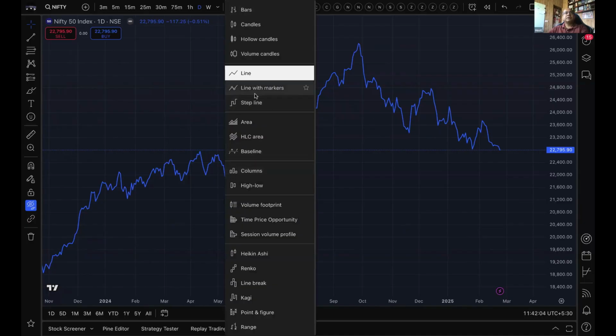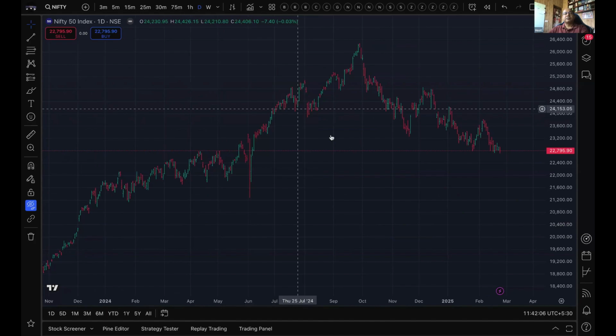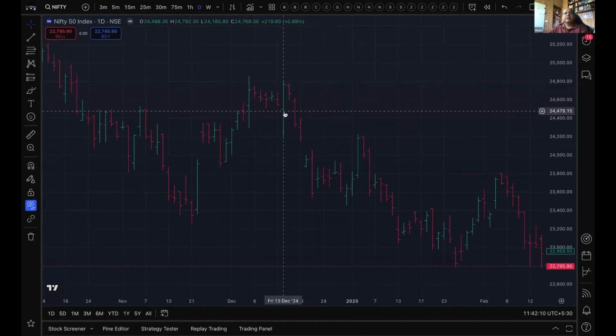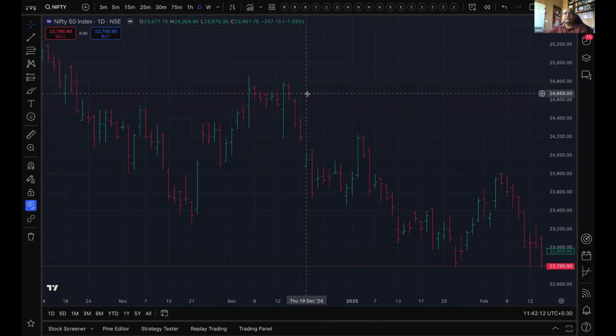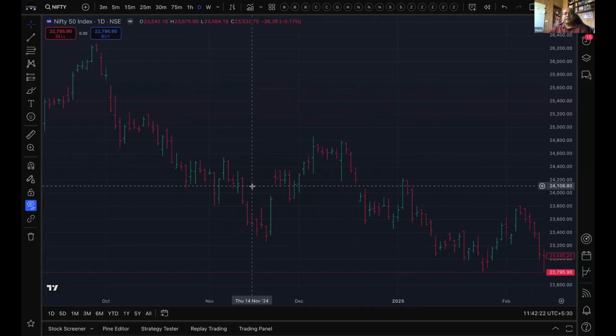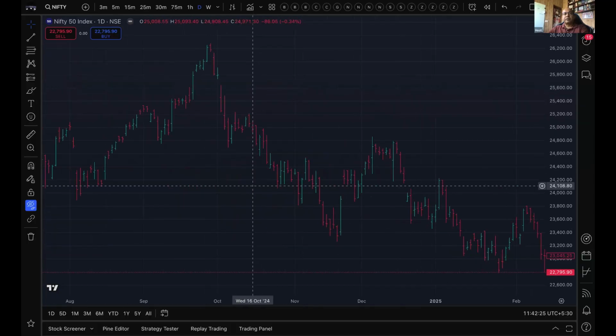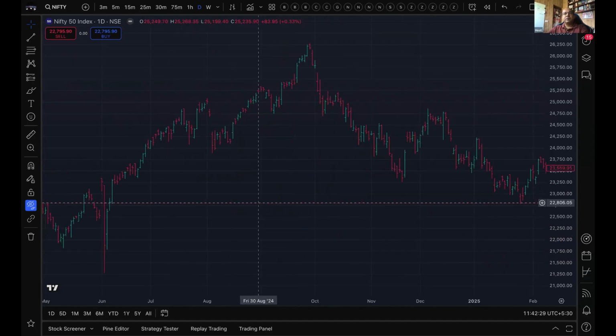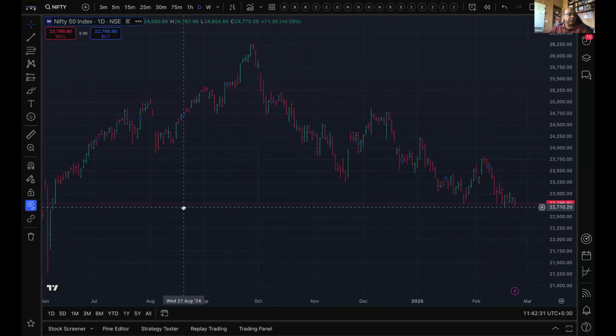You can also look at bar charts. Yeah, this is what I was looking for. While the bar charts would have your red and green color, which the software is able to do nowadays, if you look at it on paper, typically your left and right tick would tell you where the open and close were, rather than the color of that particular bar. And what you'll also see is that a lot of Western traders still use bar charts as compared to candlestick charts,